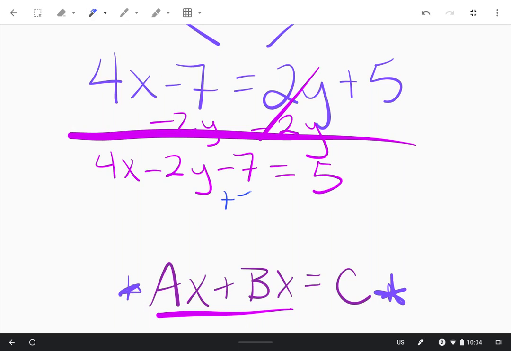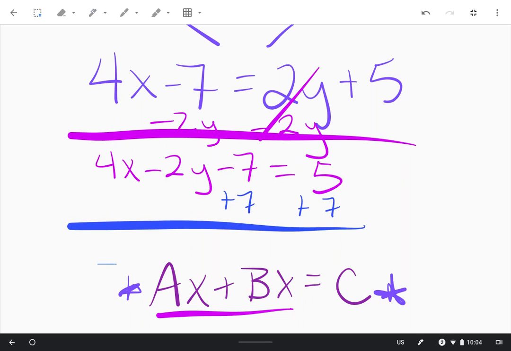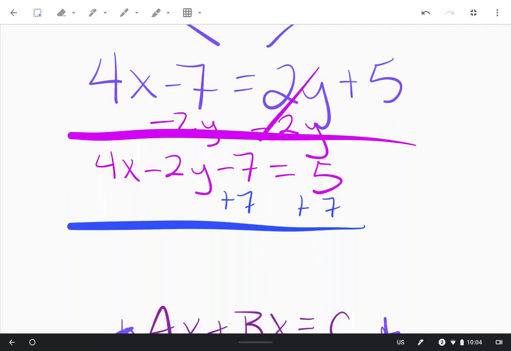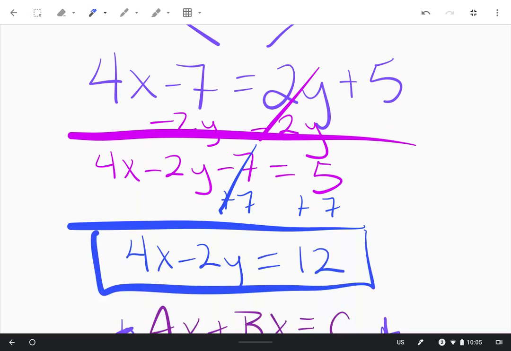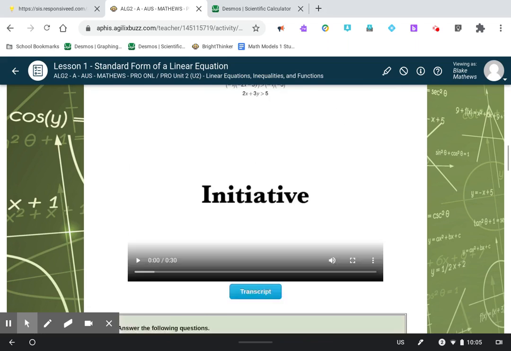Next step is to add 7 so that all my constants are on the other side. Let's move this down again. And then we're left with 4x minus 2y, that canceled out, equals 12. And so that would be the final equation. And so that's what they're asking us to do